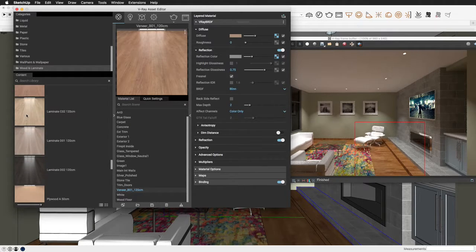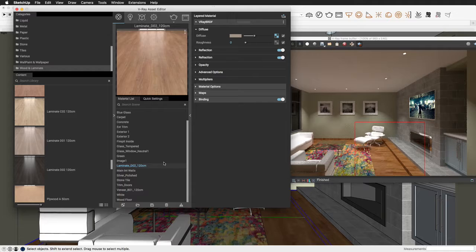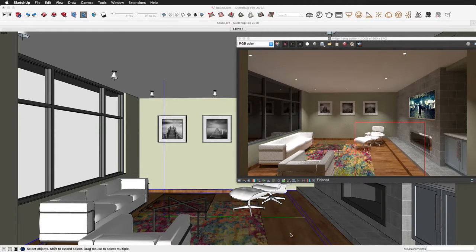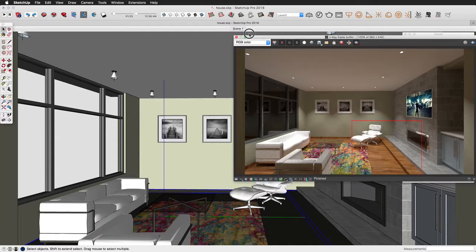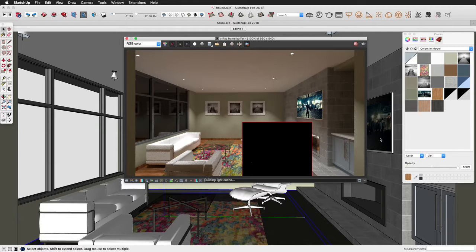Okay, but pay attention, this little light up here is put in there just to show you the quality of the reflection on the material. So if you were to go with something dark like this for the flooring, which is popular, and you were to apply that to the selection, close that out, and did it apply? Yes. Okay. So if I were to render that now, obviously the wood's going to change to a very dark